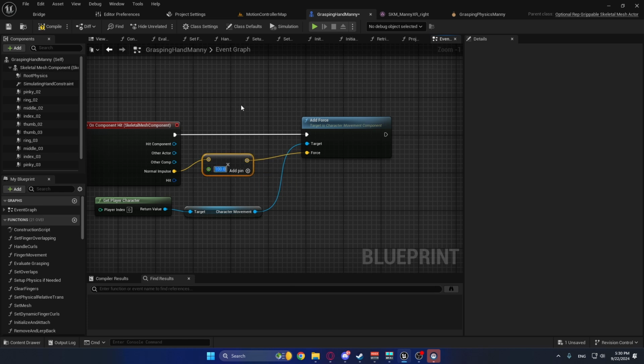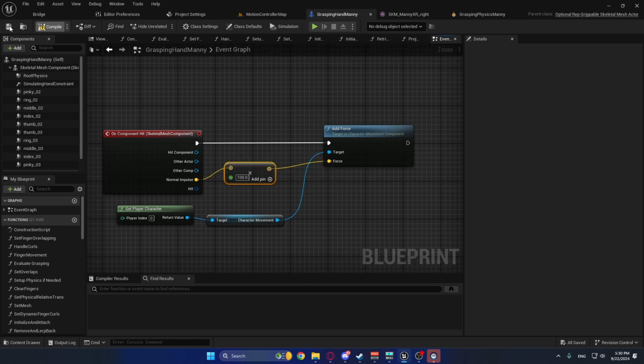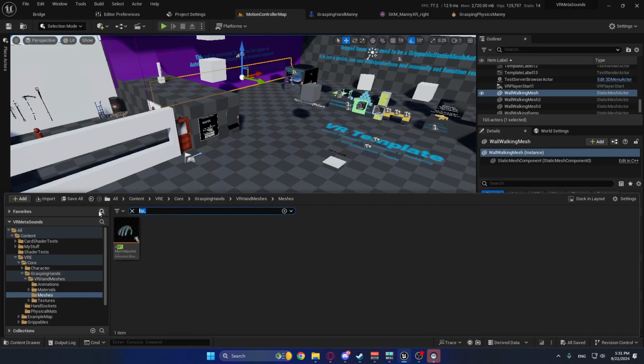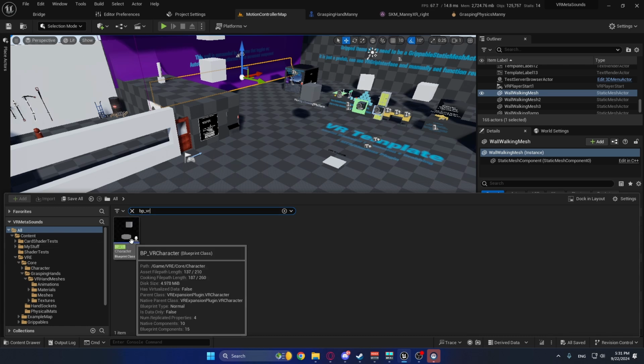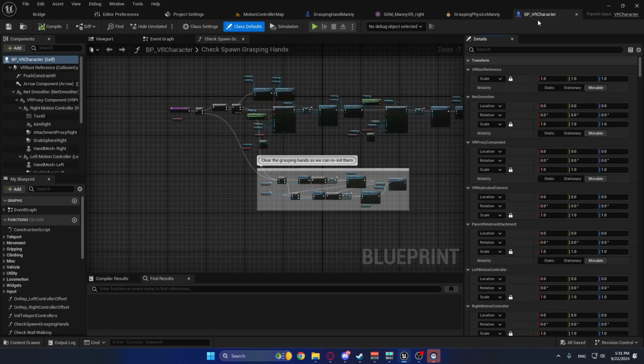And I'm just going to multiply by 100. It's a pretty good value. Compile, save. Okay, so now that we've done that, I want to go in here and go to all, and we're going to do BP underscore VR, and that's going to find our VR character. This is our main player character, and we're going to go to the event graph,